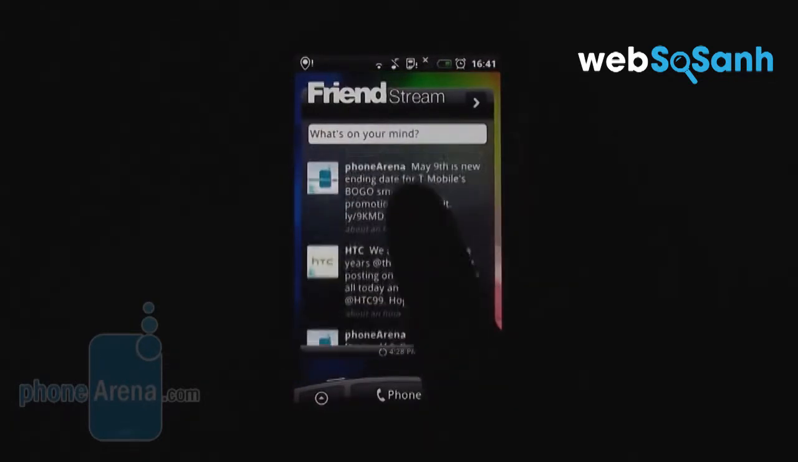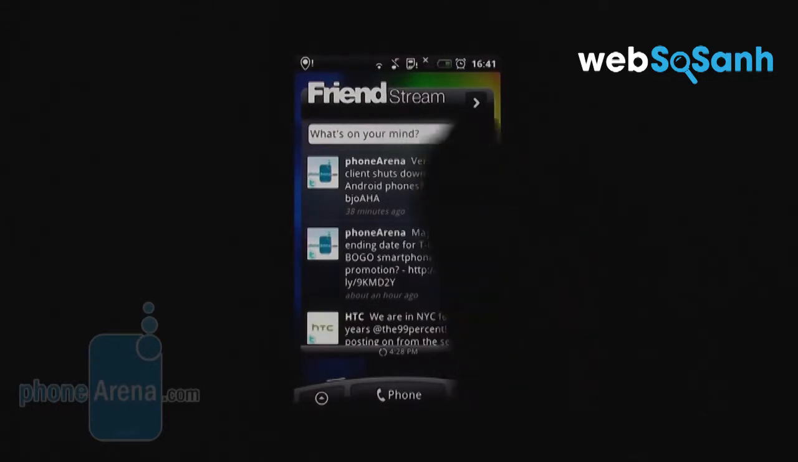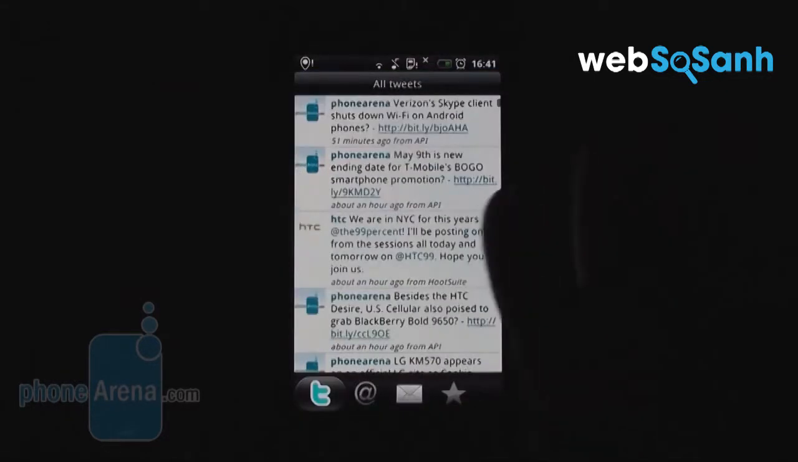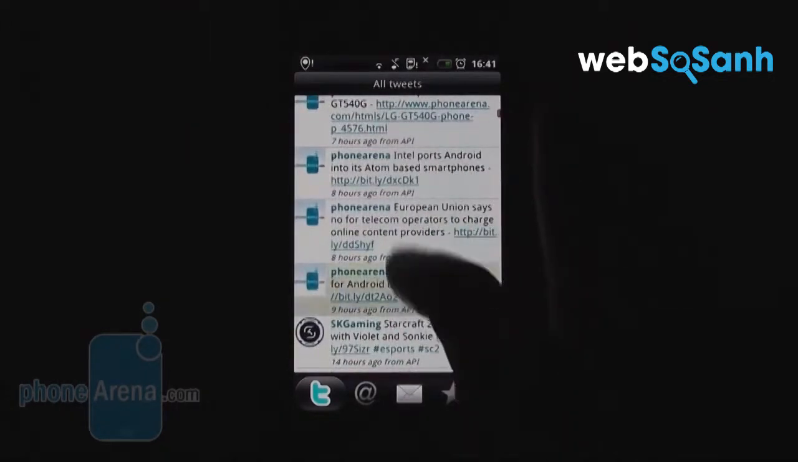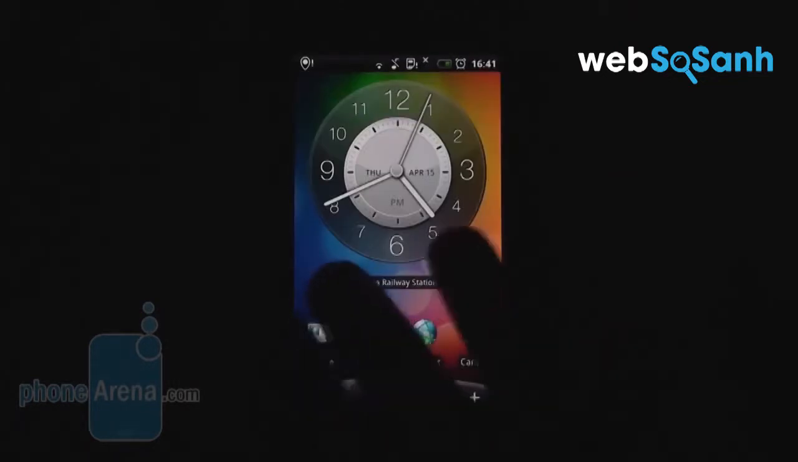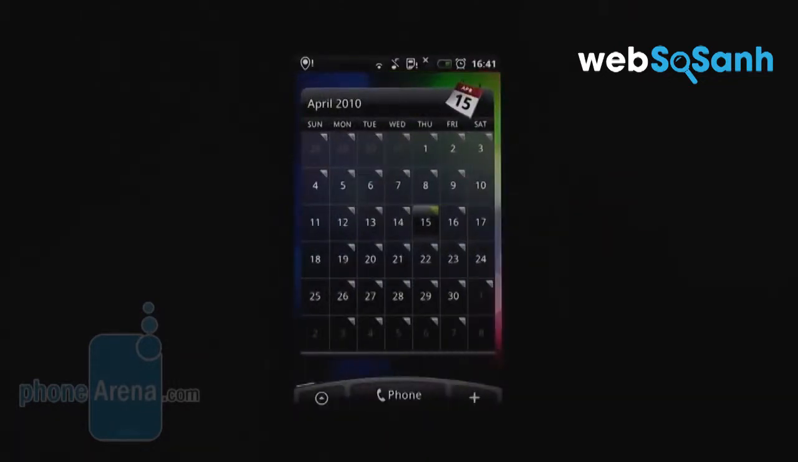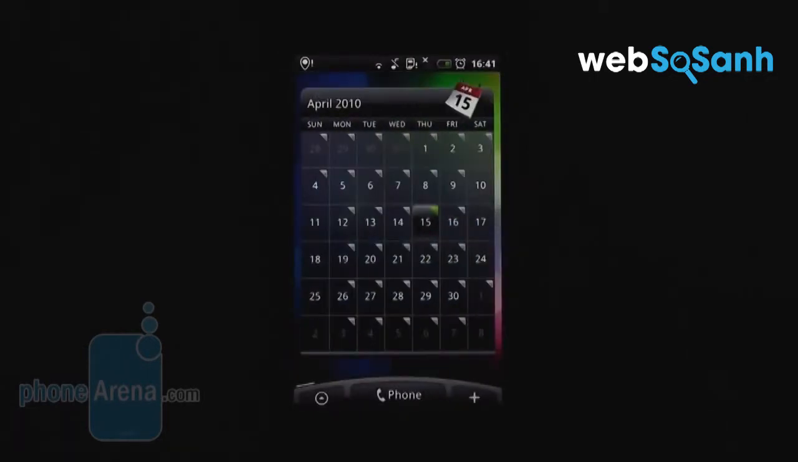For example, we have FriendStream, which aggregates your updates from Twitter, Facebook and such services, and when you decide to click on a certain post, you get to this view where you can see a lot more information. It's the same with the calendar here. You see again it takes up a whole page, but it is very easy to create an event for a